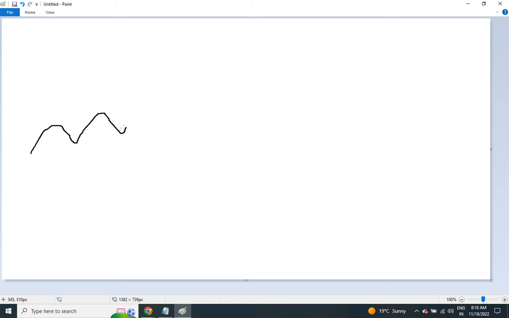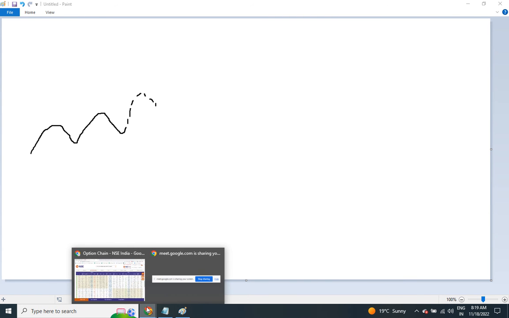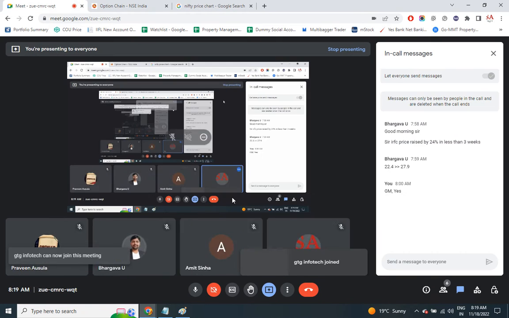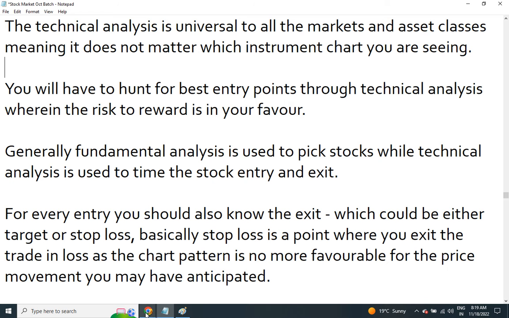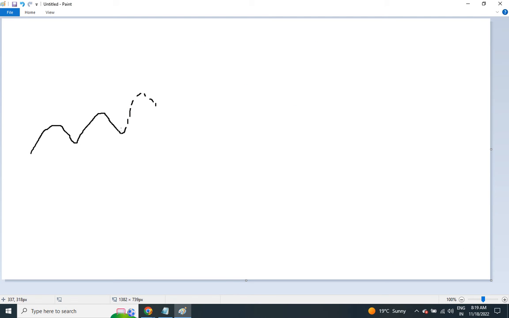What are you likely to do here? Obviously, we feel that the price is going to rise. So we are expecting probably the movement to be like this. This is likely to be the pattern. That's how we forecast. At this point, if we lose, we may lose only 2-3 rupees, but if this kind of wave comes again, then we would make a huge income. That is how basic chart patterns are.